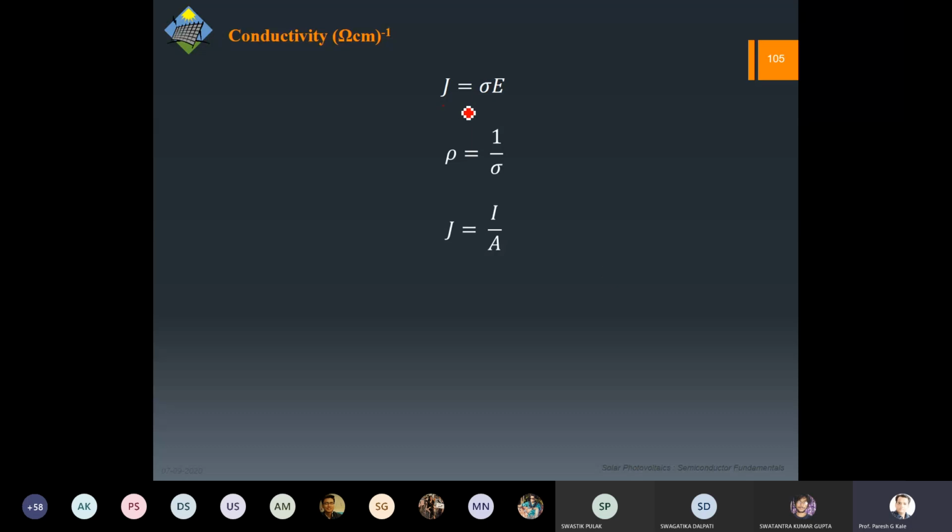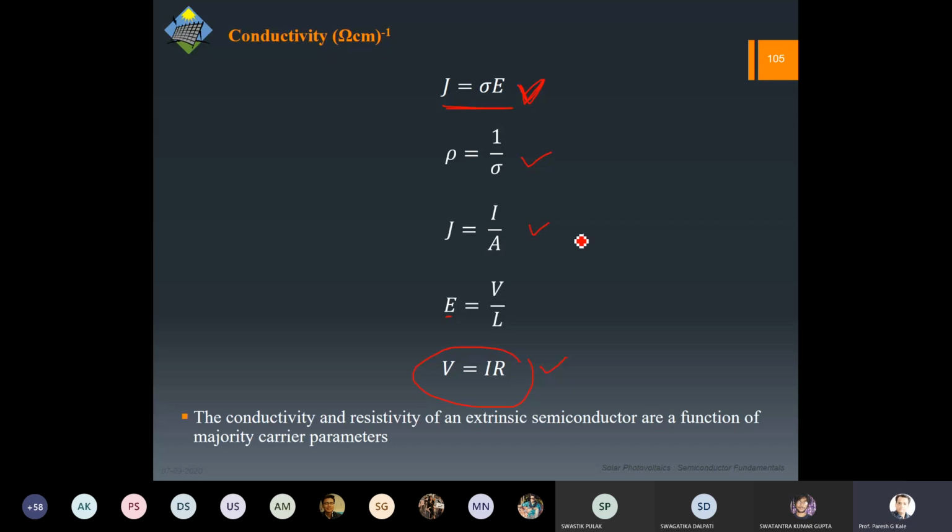Now, as I said, this is the Ohm's law that you have. Then you can substitute basic definitions like this for resistivity and the current density. You know that electric field is defined as the gradient of the voltage, and you can derive Ohm's law from this. Okay, so this is the general expression of Ohm's law, what we learned in the first year basic electrical, but this one is the actual form of Ohm's law. Anyway, so conductivity and resistivity are obviously functions of the majority carriers which we have.